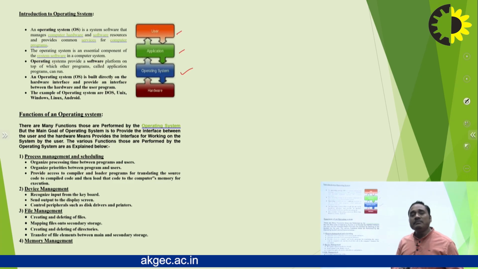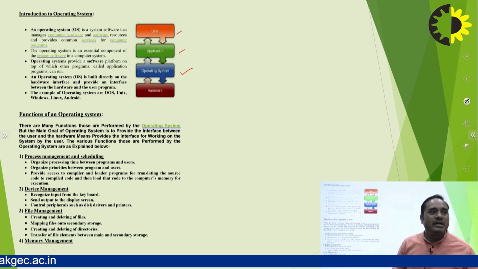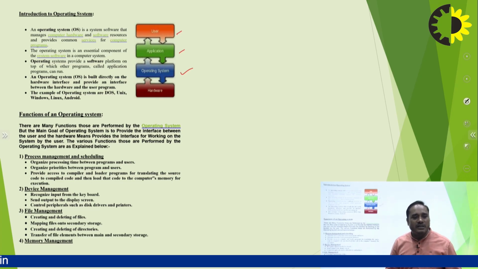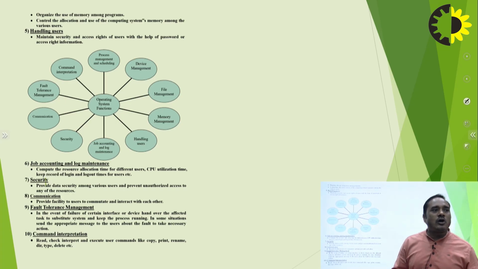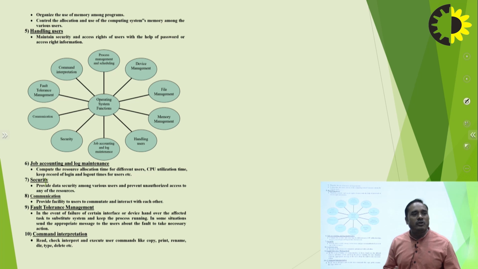So operating system functions: what type of functions can you perform in the operating system? Like process management, memory management, device management, handling users, job accounting, security, communication, fault tolerance, and command interpreter. So these are basically the functions. There are different types of functions surrounding in the circular form. You can see this operating system provides different types of functions, because whatever you are doing, you are controlled by